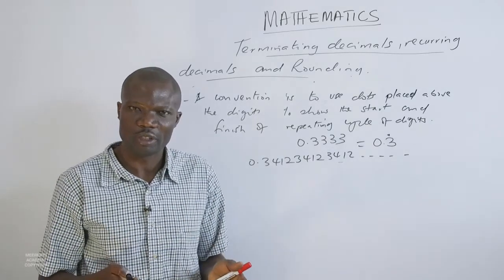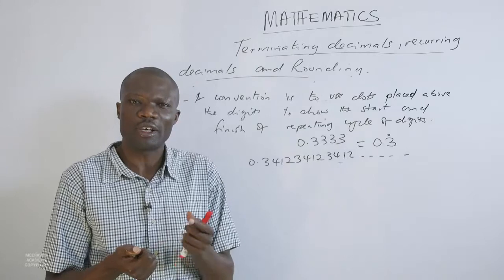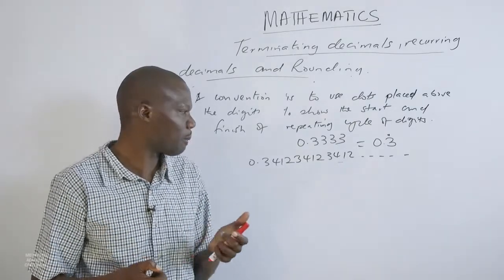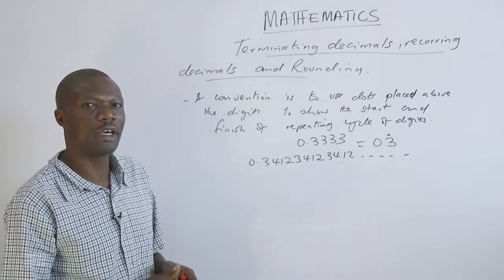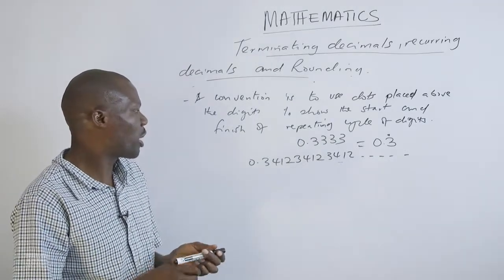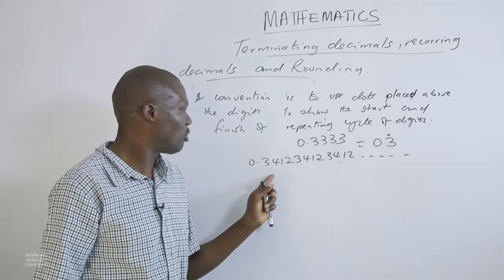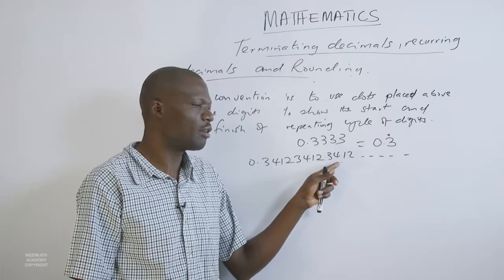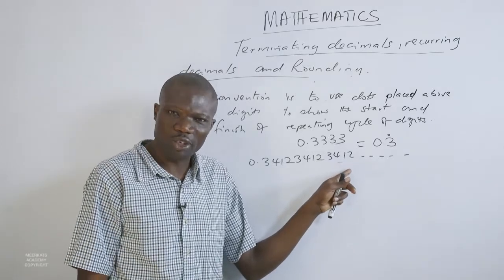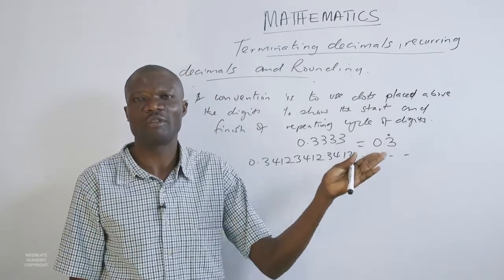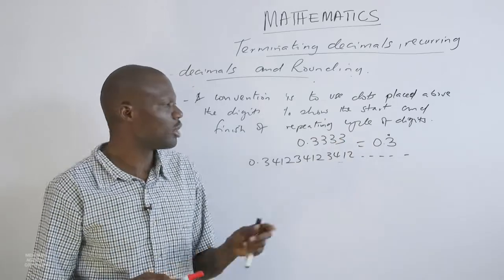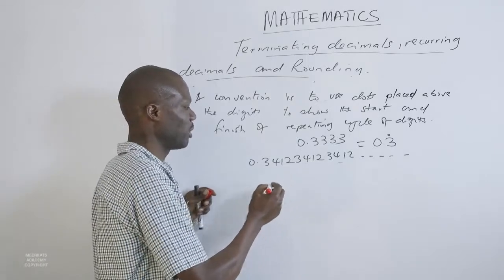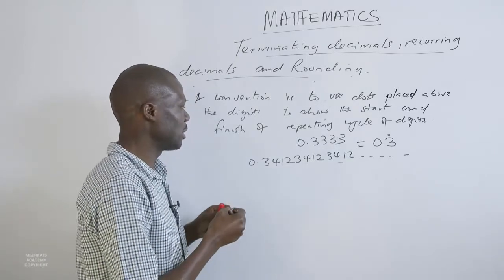What do you notice? What digits are showing some signs of repeating themselves in a certain sequence? You'll notice that we have 0.3, 4, 1, 2, 3, 4, 1, 2, 3, 4, 1, 2. Definitely the next digit will be 3 and then 4, 1, 2. So instead of writing all these, we simply say this one can be written as just